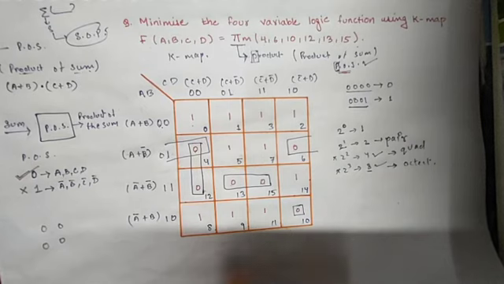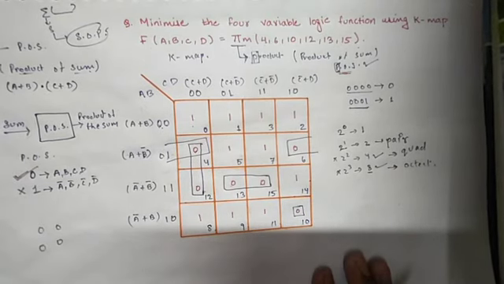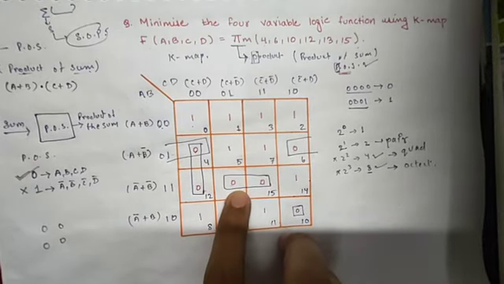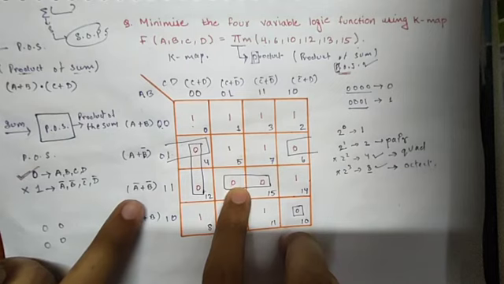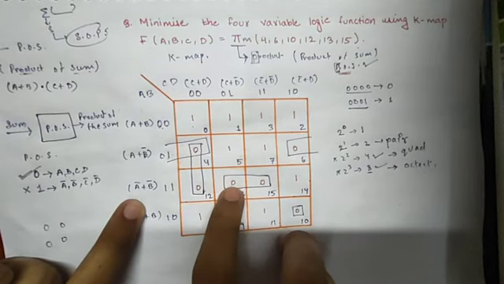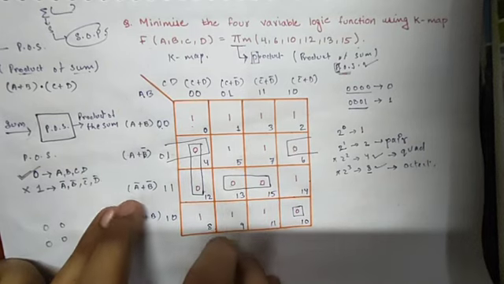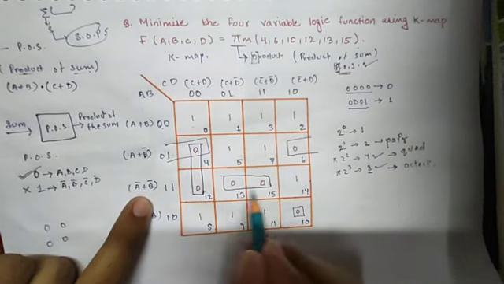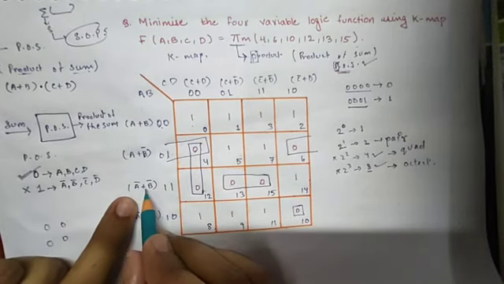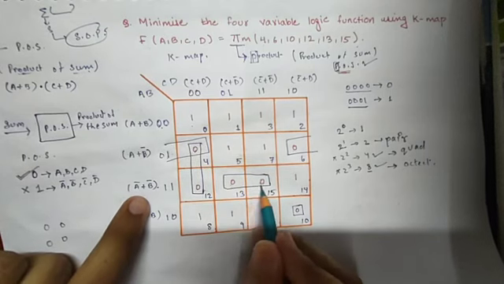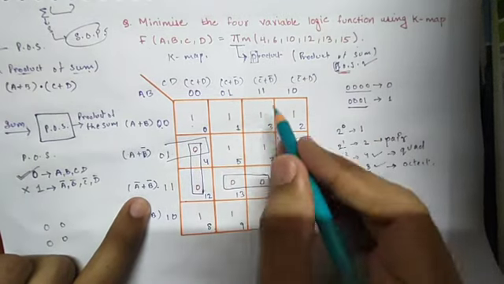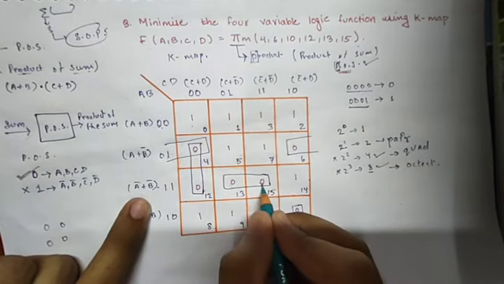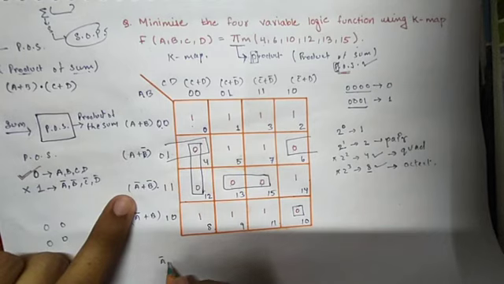So now move on, what to do next. We will write for this pair. We have to see that in this pair, these 2 zeros, which letters are common for these 2. So this belongs in the third row. What is the address of the third row? A bar plus B bar. The address of both the zeros is the third row and these columns. So first we will deal with the rows. The address of the row is common for both the zeros, so we will write A bar plus B bar.